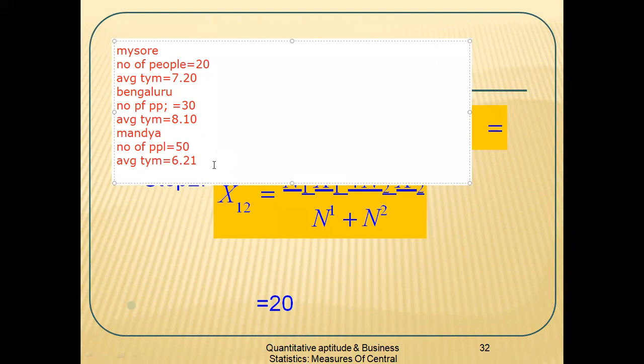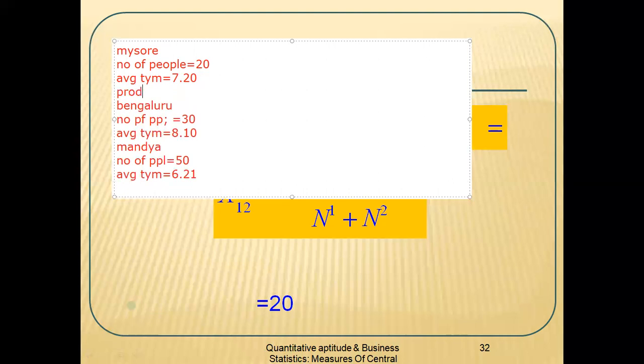That means here, till now we have discussed only two datas, but here it is three data. How to calculate combined arithmetic mean for three different data? Same concept as in the previous class, the same way only. First step is to find the product. Here the number of observations is N1, multiplied by the average time taken. Pramit, very good, 6.975. Let us discuss. So what is the product?